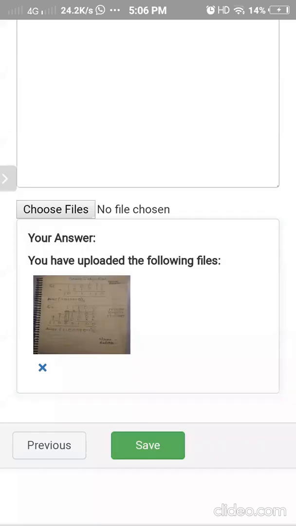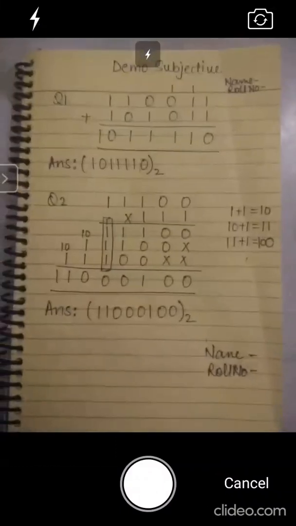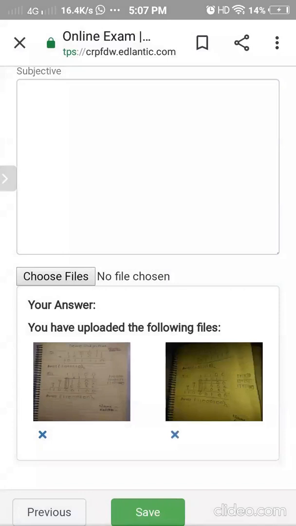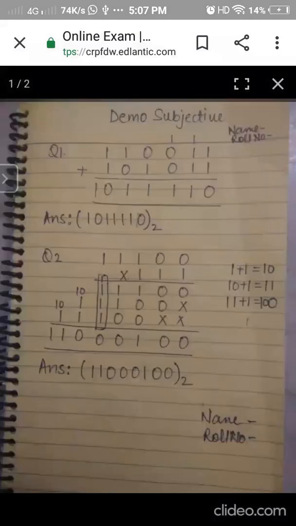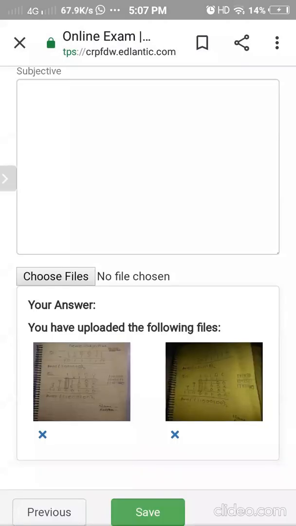Second thing is, now I'm going to click a picture with a flash. Okay, see, the picture clicked with flash is not clear enough. So I recommend not to click the pictures with flash.